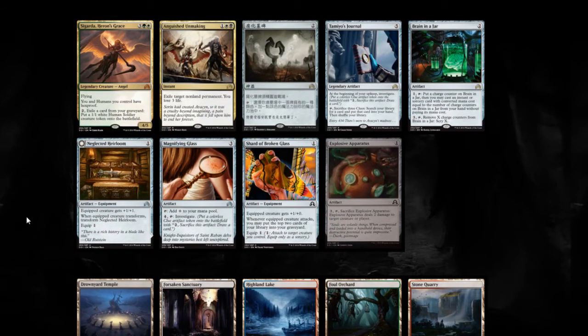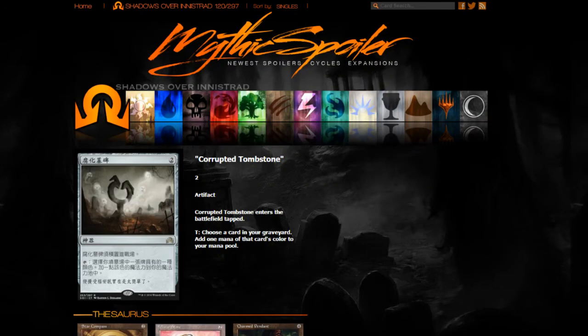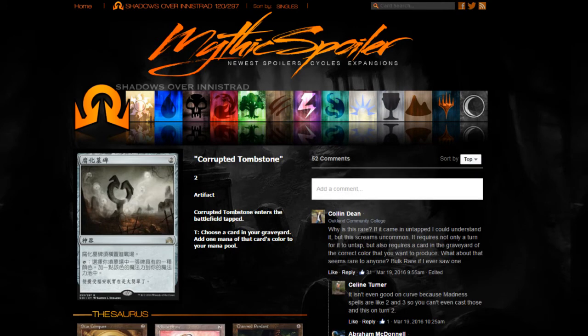Among multicolors and artifacts, we didn't get anything absurd. Well, let's say the rare, it's an artifact that costs just 2, so I'm obliged to check it out. Enters tapped, costs 2. Tap, choose a card in your graveyard. Add 1 mana of that card's color to your mana pool. So this seems okay-ish. The problem I have with it is that you don't have fetch lands, so it will be a bit hard to make it a color fix. It will definitely be a very good ramp spell,